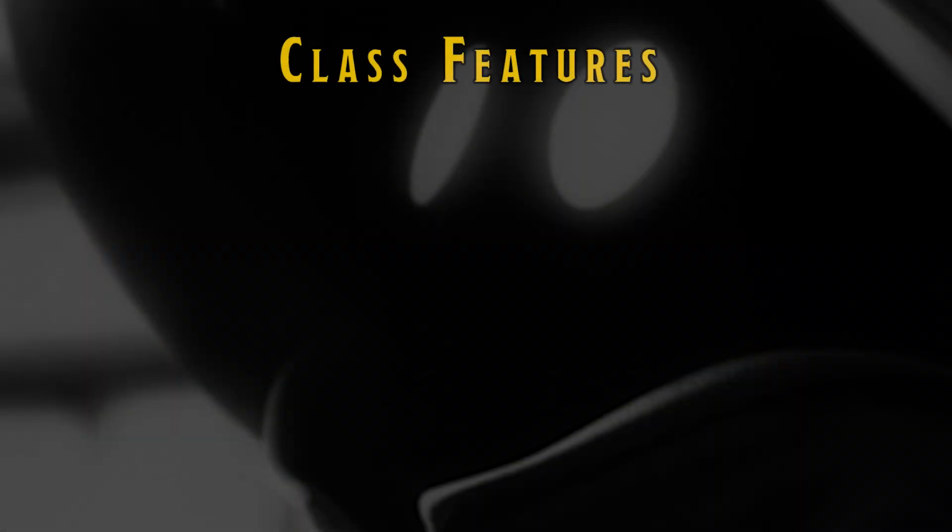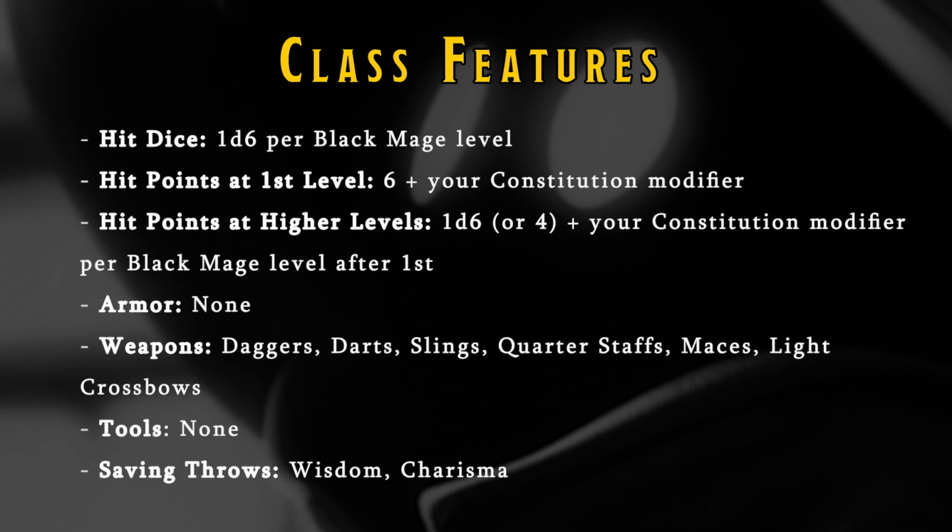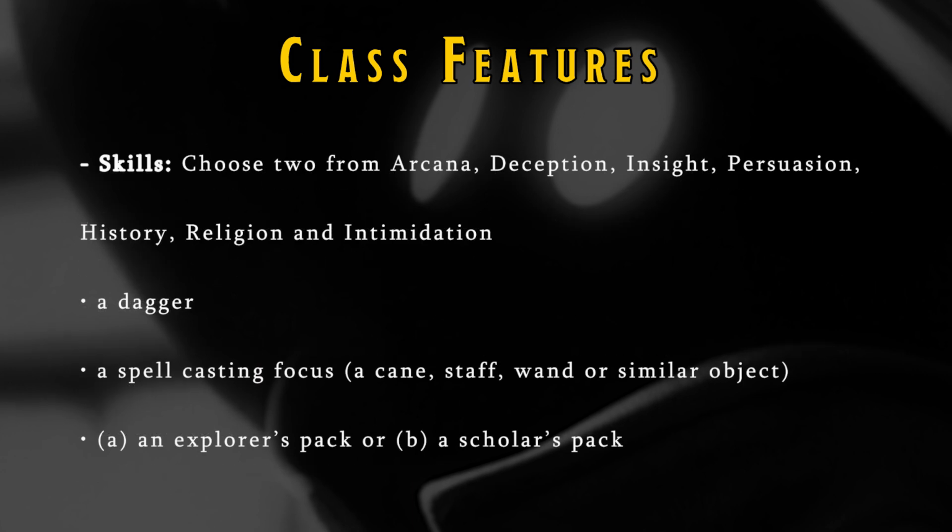For the class features, you'll get a d6 for hit dice, which is the same hit dice as wizards, sorcerers, and astrologians. You'll get proficiencies in some weapons like daggers, quarterstaffs, and maces. You won't get any tool proficiencies. The saving throws you're proficient in are wisdom and charisma, and you'll get to obtain 2 skills from a